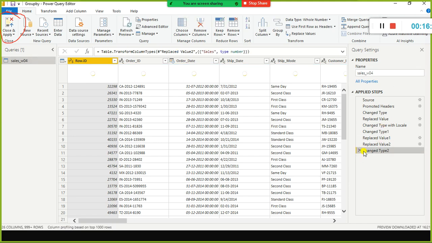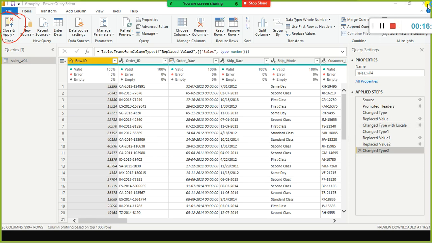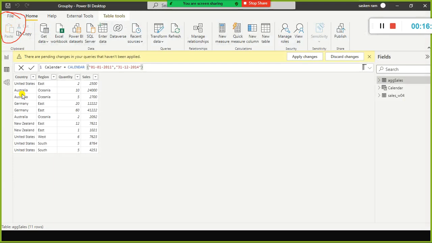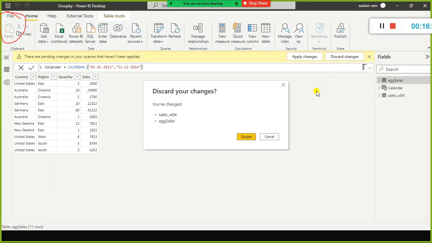Since I deleted it there, you cannot get it back there. So here you need to discard the changes. I did not save it, okay, discard it.